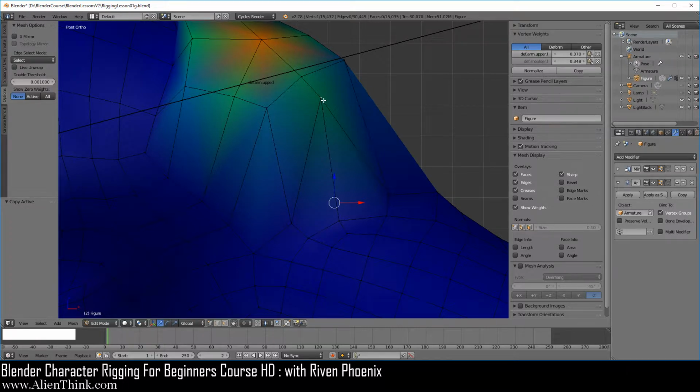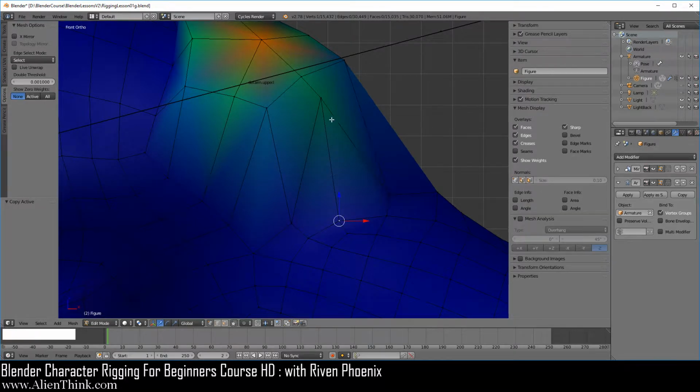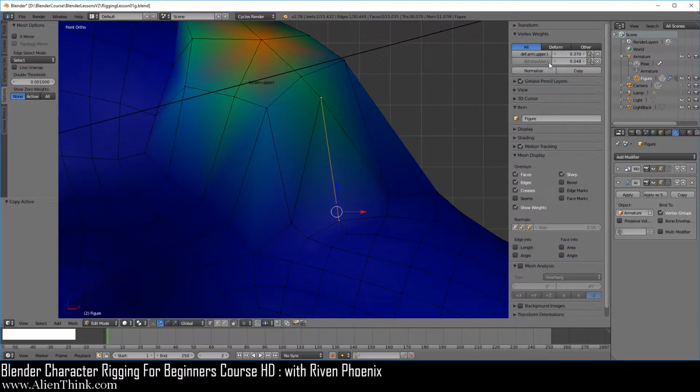That's how this is working. Let's do that again. Click on this vertex. There's nothing here. Press the shift key down and click over here. Now, notice that when we click on copy, it's going to copy every vertex group that's on this vertex to this vertex. Go ahead and click on copy.